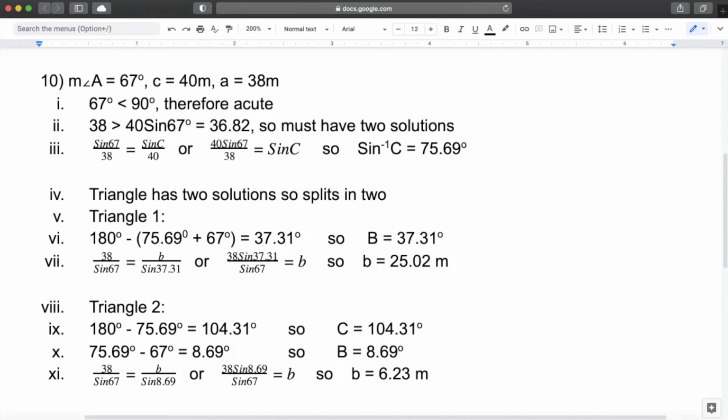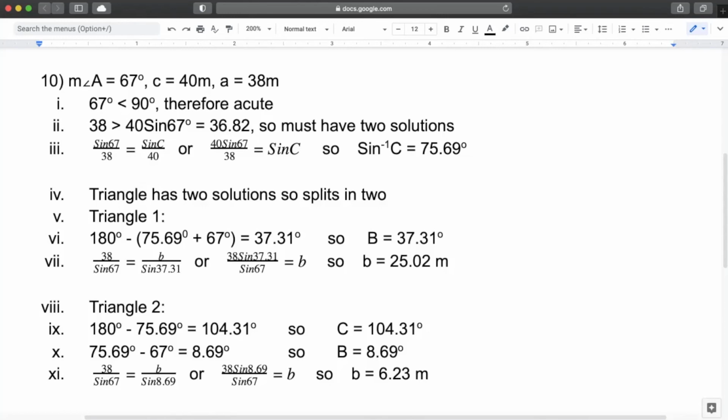So to find the other way that the triangle arm could swing, we can subtract the original angle C from 180 to find the other angle C in this triangle, which is 104.31 degrees, our second angle C. To find the second angle B, we can use a little trick because we know that the second angle C is 104.31 degrees, and we also have our given and known 67 degrees,